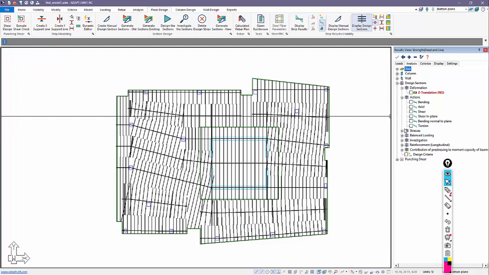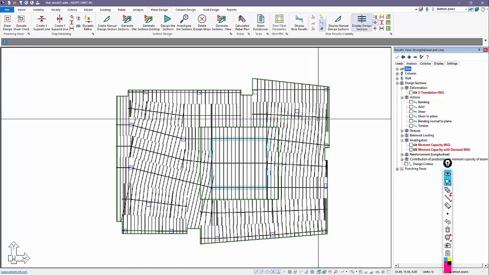We would produce bending moments. We could produce stresses if there's any post-tensioning. Balance loading applies really only to post-tension design. Stresses would apply to PT design. And investigation would allow the user to generate the moment capacity and demand graphs along the design strips. Okay.